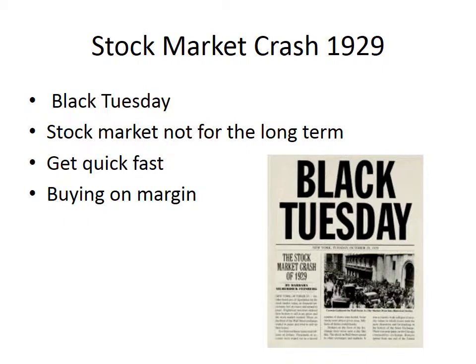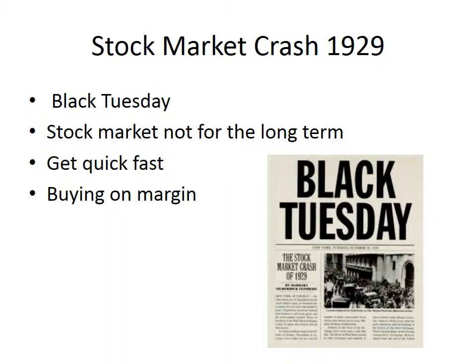So what is Black Tuesday? Black Tuesday was when the stock market lost its shareholding power dramatically. When you buy stock, you generally buy stock for the long term. So if I were going to buy a stock today, I would buy that stock for $10 and hold it for 30 years, because I know that in 30 years it won't be worth $10, it'll be worth $20 or $30. Stock markets may go up and down in the days, but over years it always goes up. So stock markets are generally considered to be for long-term investing.